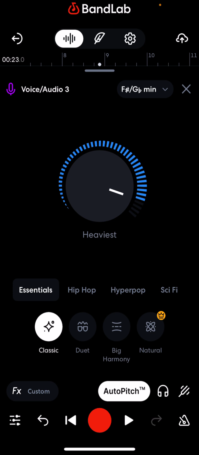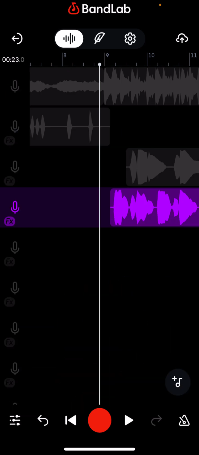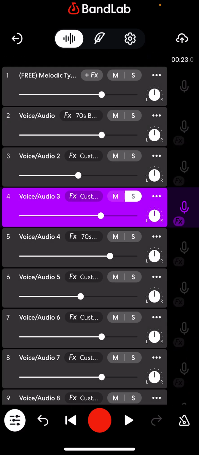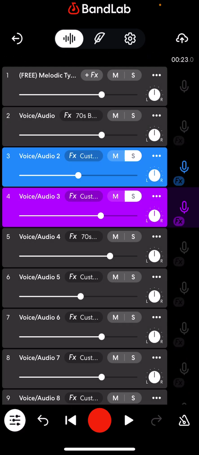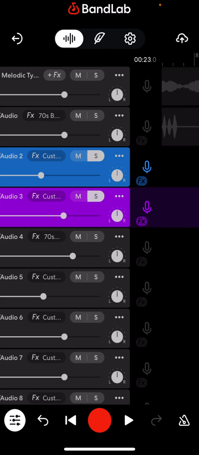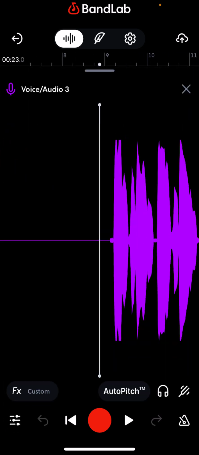You just start pressing. You see here, you can press whatever you want, wherever you want to press. So now I'm gonna play it with my backup voice. The preset I was using right here is called